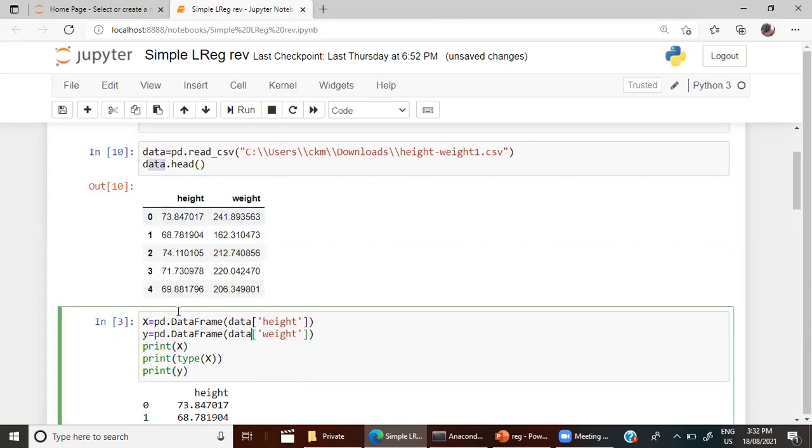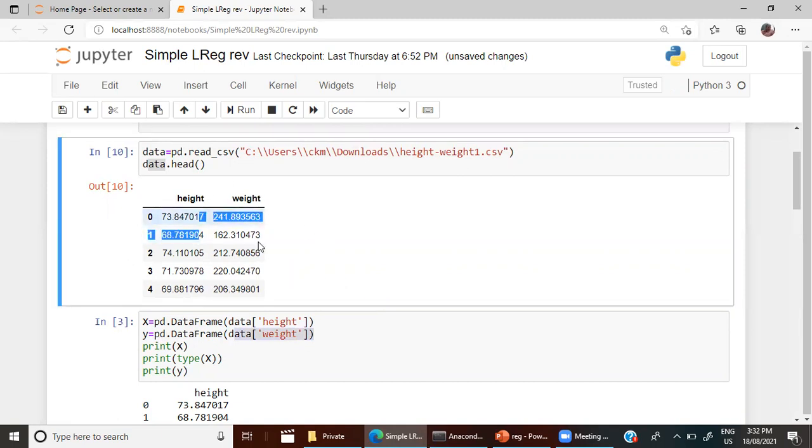I'm just splitting using this command of pandas, splitting the data of height and making it a separate data frame. Then y is equal to pd.DataFrame(data['Weight']). So height in a separate column, weight in a separate column to do the analysis.